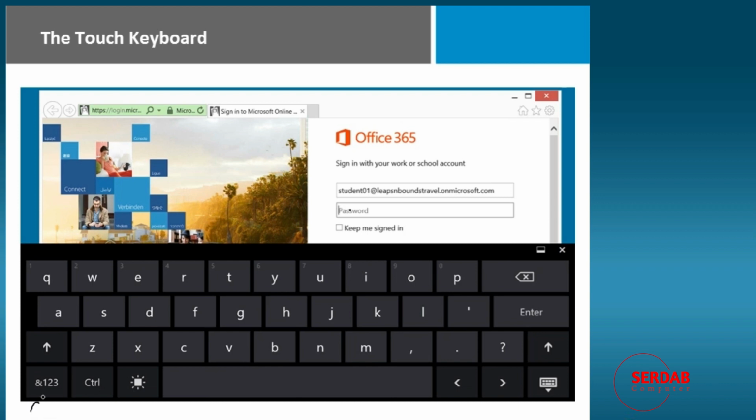You've got an option to change to numbers. You've got control keys. You can manage brightness. We also have an option to do uppercase, backspace. Very similar to a normal keyboard. You can also change the keyboards that you're working with. If you want to close it because you have a real keyboard, you can also do that by clicking here